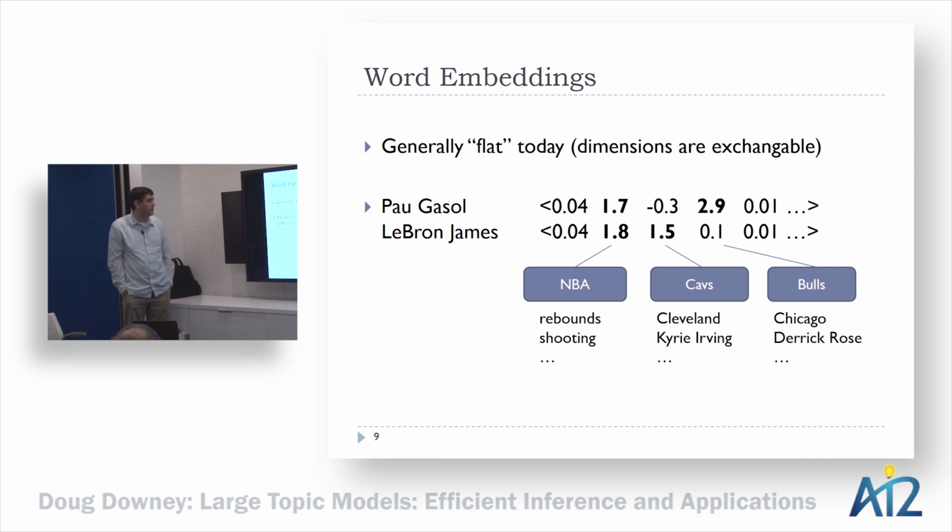Okay, so here's what I'm going to talk about today. This is our work, improving on what I'll call flat word embeddings. With very few exceptions, the embeddings that people project words into are flat in the sense that the dimensions are exchangeable. If I took dimension i and dimension j and renamed j to be i and i to be j, I could get exactly the same model without having to touch any of the other embeddings. So that's what I mean by exchangeable.